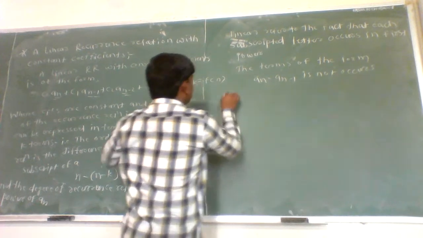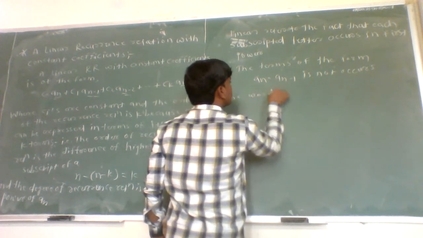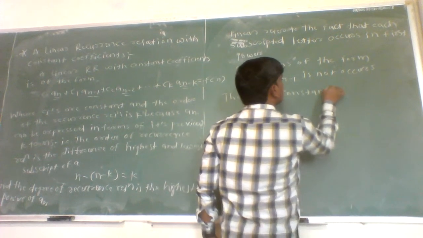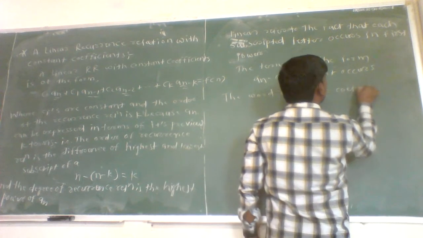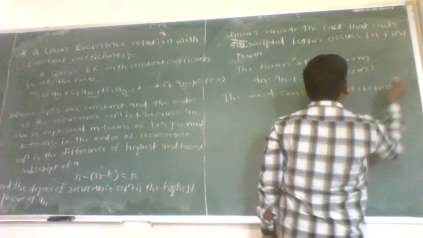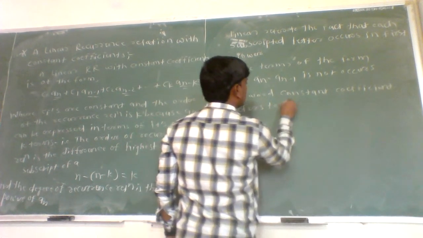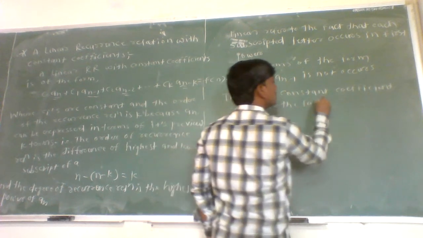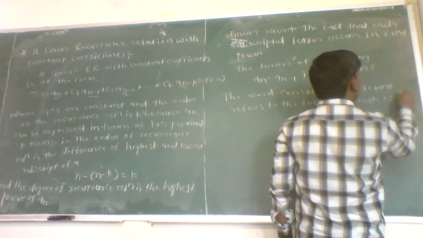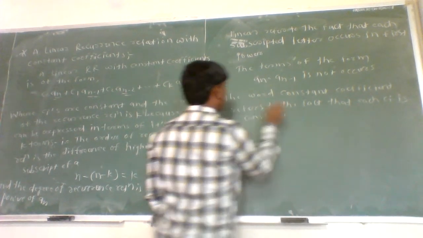Okay, and the word coefficient is given. The word coefficient means constant coefficient. It refers to the fact that each C_i is constant. Therefore, it is called constant coefficient. Okay. Now,